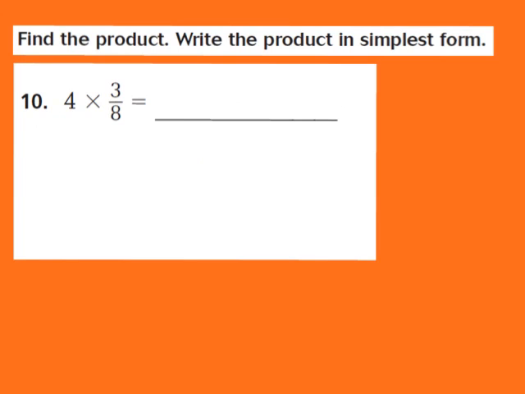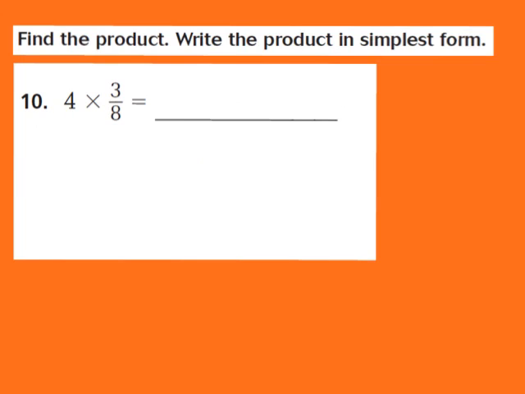Now let's take a look at question number 10. Once again, we're going to find our product, and we're going to write that product in simplest form. Well, for question 10, they give us the whole number 4 times the fraction 3/8. Now, what I'd like you to do is this. I want you to think about our first step. How would you rewrite this problem thinking about the whole number part of our problem, which is the factor 4? So go ahead and pause the video,